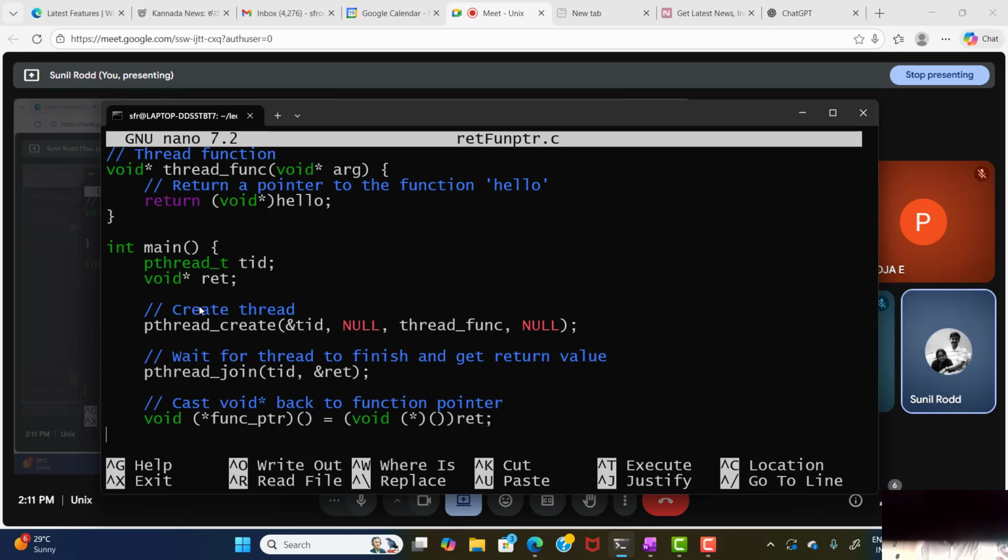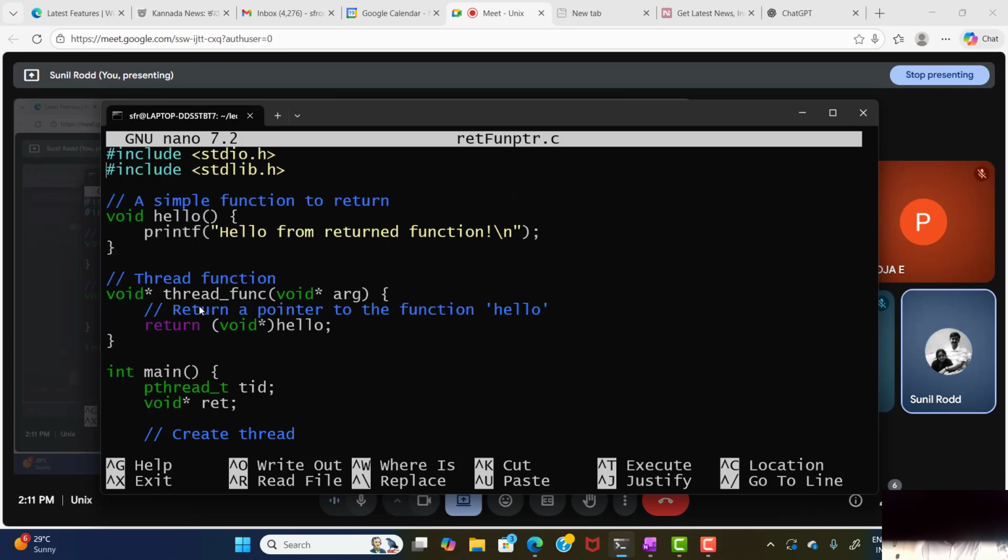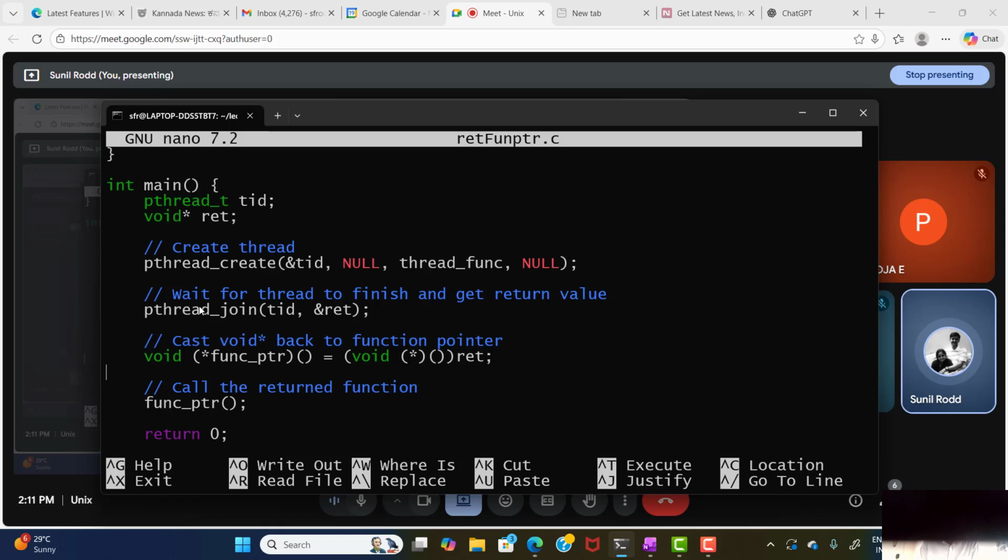So if you recall from our C programming, we have to declare a function pointer like this. The return type is void, and it should use in brackets a star and some pointer name or anything here. This is the name of the pointer. And since you are not passing any argument in the function, it should be blank here, is equal to the